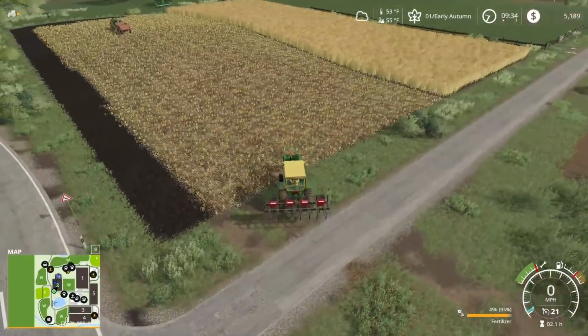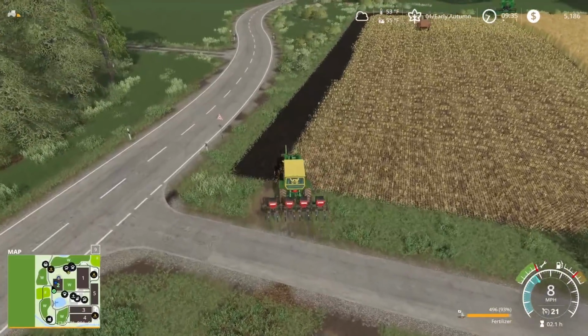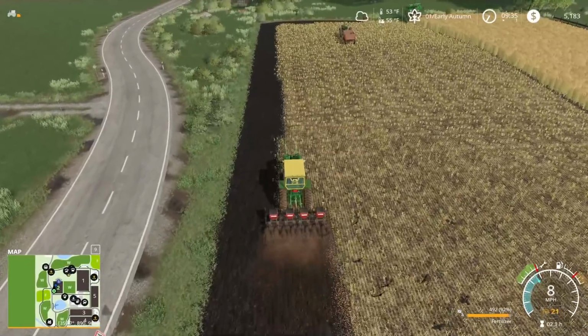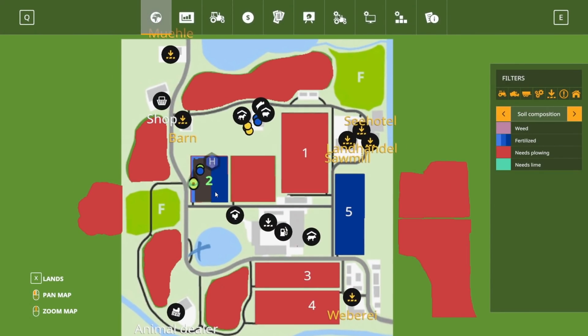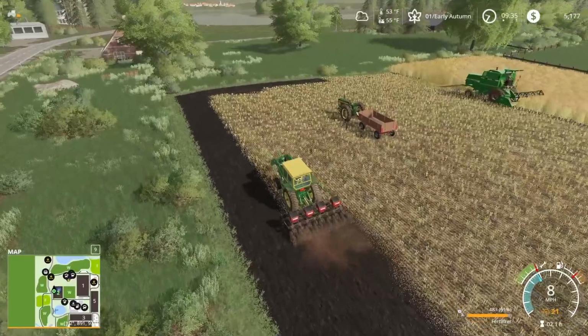Oop, that sign is gone. Absolutely gone. Destroyed. There we go. And this should be leaving a fertilizer state on there. Perfect. Yep, absolutely perfect. So once that guy's full, I actually don't know how much that harvester...